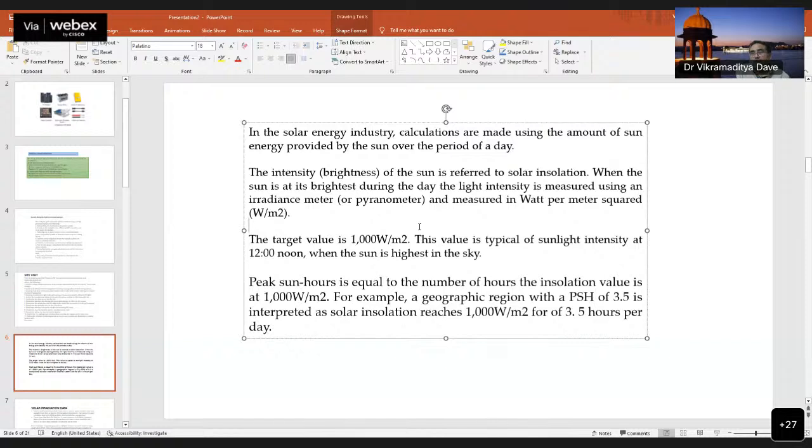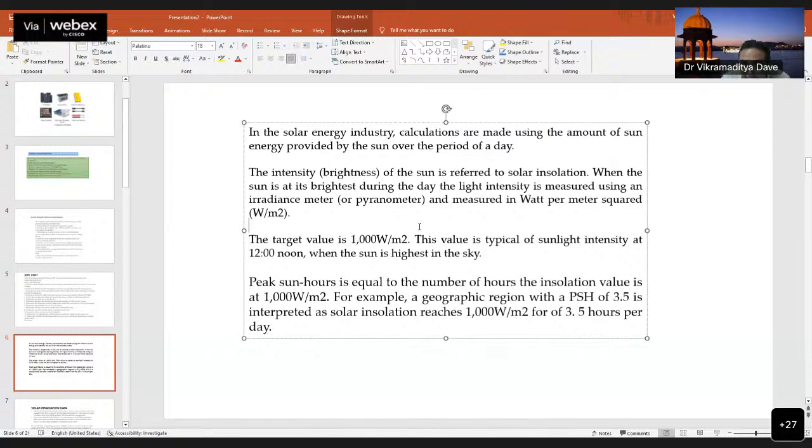but if you want to become a consultant or a solar engineer, then you should have these types of meters with you. The pyranometer is one such instrument, where you visit at 12 o'clock at noon. So at noon we expect that at every site the sun is in the southward direction, and there